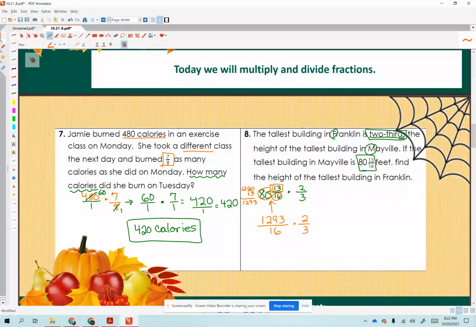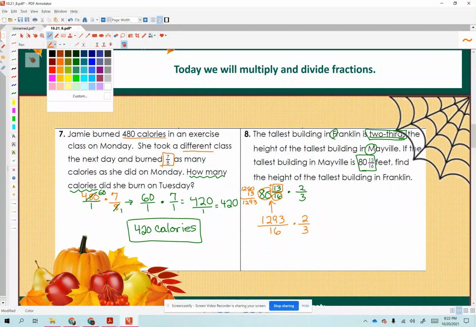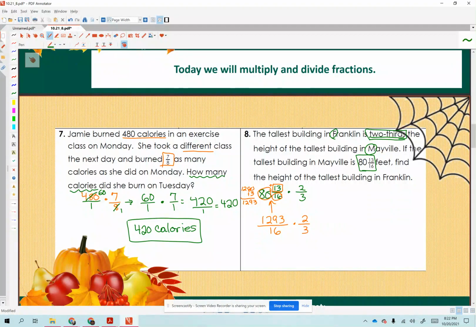And I do see that 3 is a factor of 1,293 and 2 is a factor of 16. So let's simplify. 2 divided by 2 is 1, and 16 divided by 2 is 8. 3 divided by 3 is 1, and 1,293 divided by 3 is 431. You can use a calculator to help you. So as we rewrite this problem, we have 431 over 8 times 1 over 1, which equals, of course,